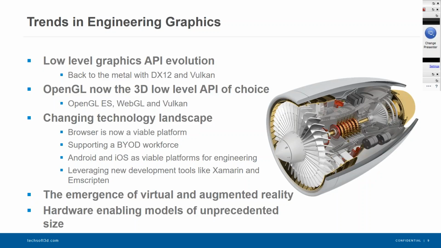What's been interesting there is that every 10 or 15 years there's been an evolution. In the early 90s, OpenGL came along and really brought engineering software to an affordable platform, namely Windows. Back in the early 90s, if you knew OpenGL and MFC, you could build a pretty compelling